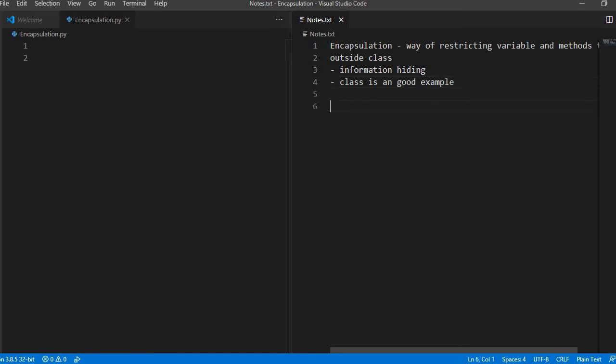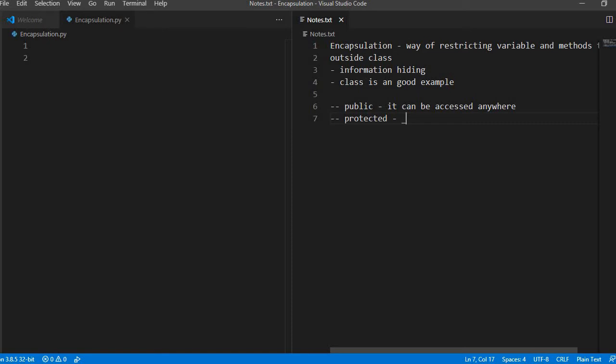In Python there are three kinds of variables. The first one is a public variable, which can be accessed by anyone: its class, its inherited class, or anywhere. The second is protected. How do we declare protected?